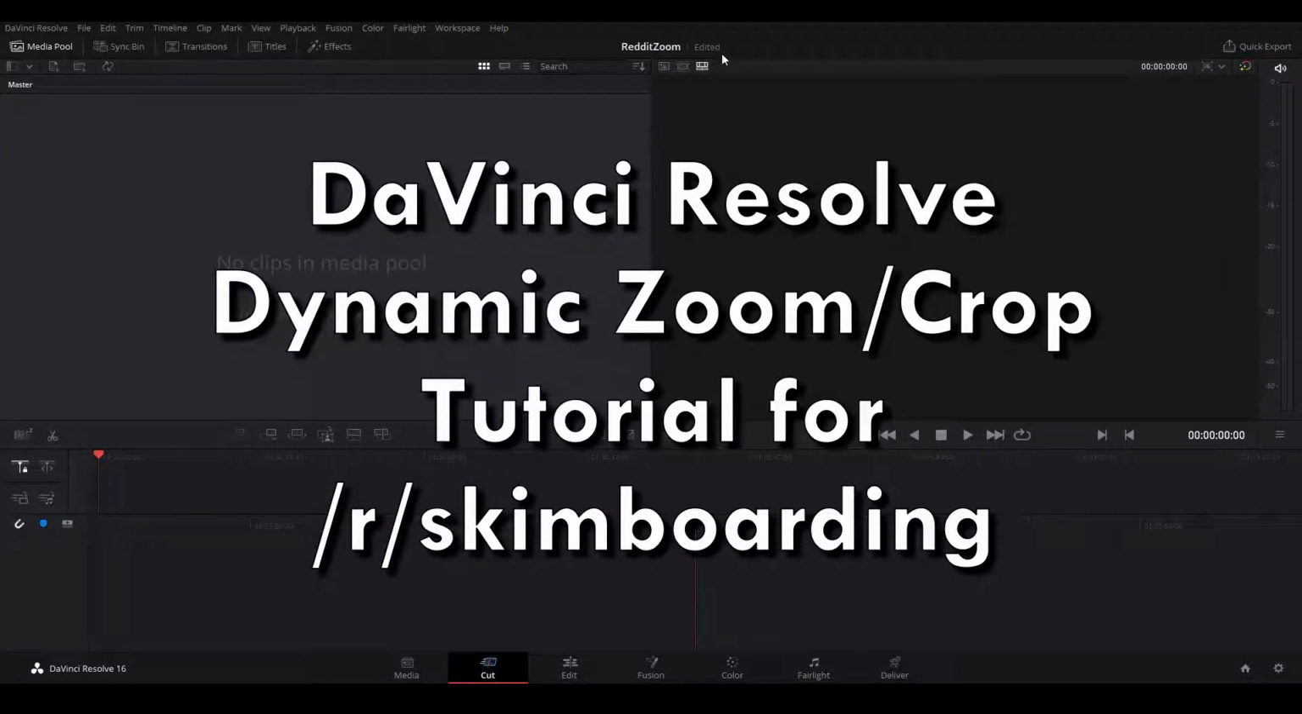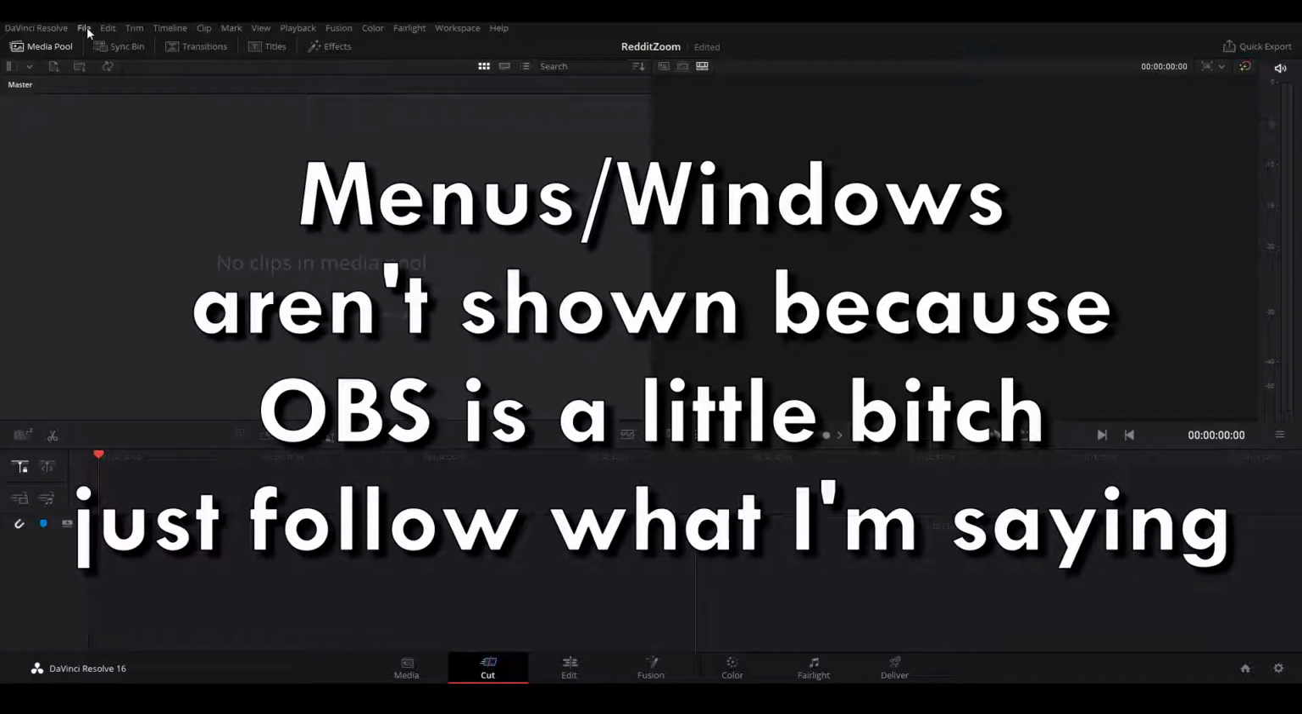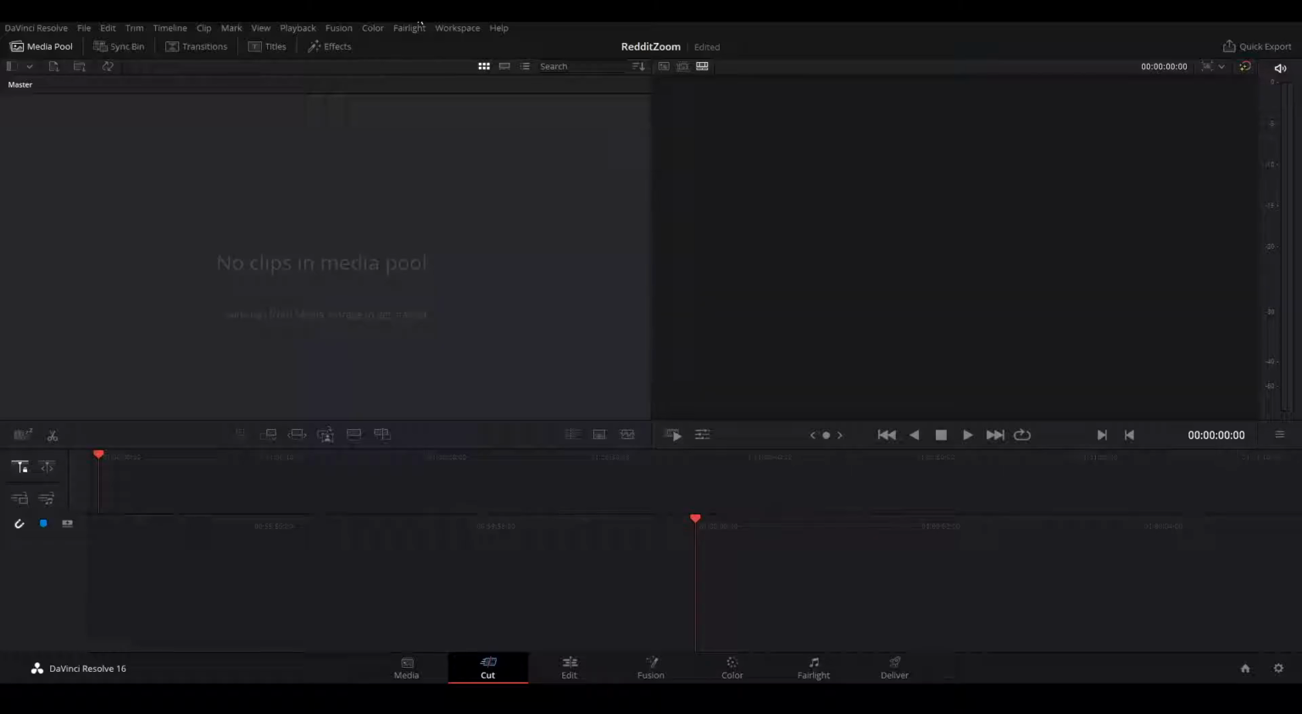All right, Reddit, let's do DaVinci Resolve. A quick tutorial on dynamic zoom and cropping and some of the simple stuff like that. But I'm also going to go over some of the basics. So when I start up